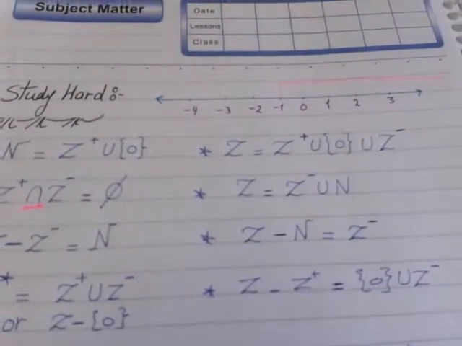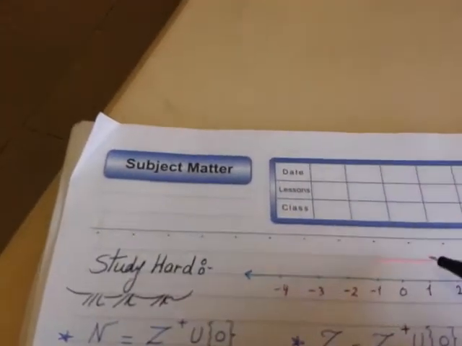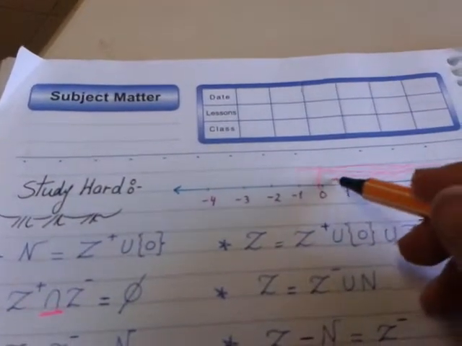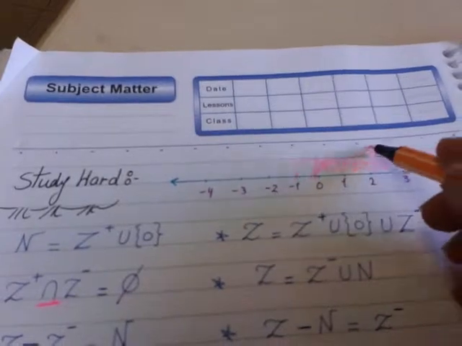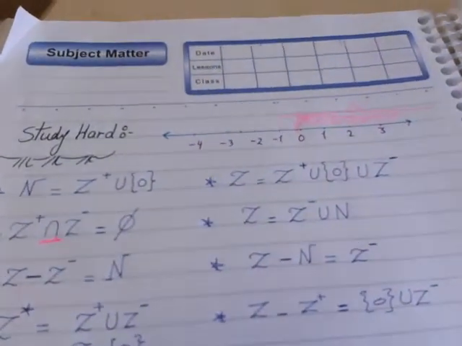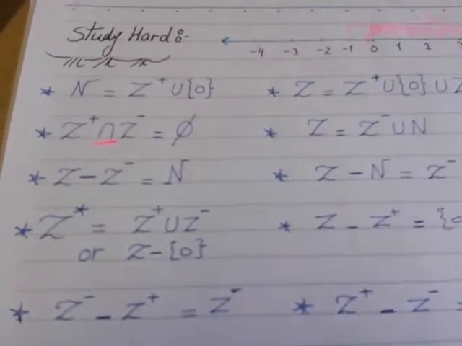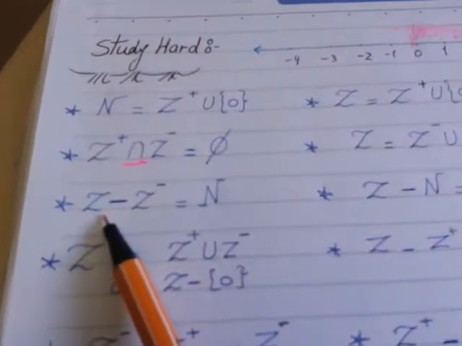Okay? This is N. From here, N. Okay? What about number or Z